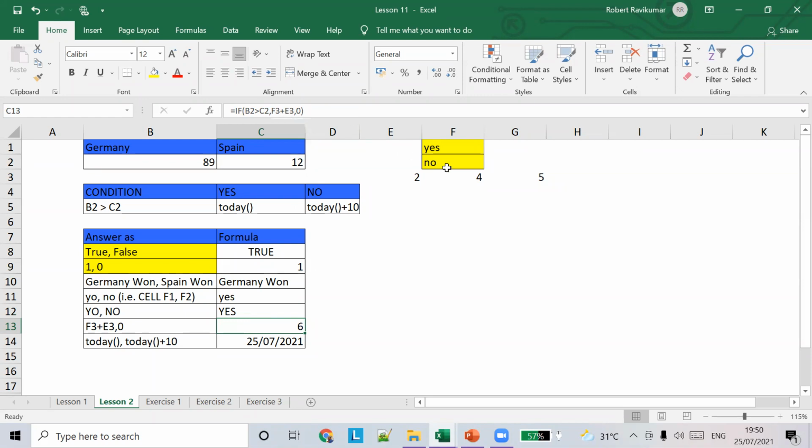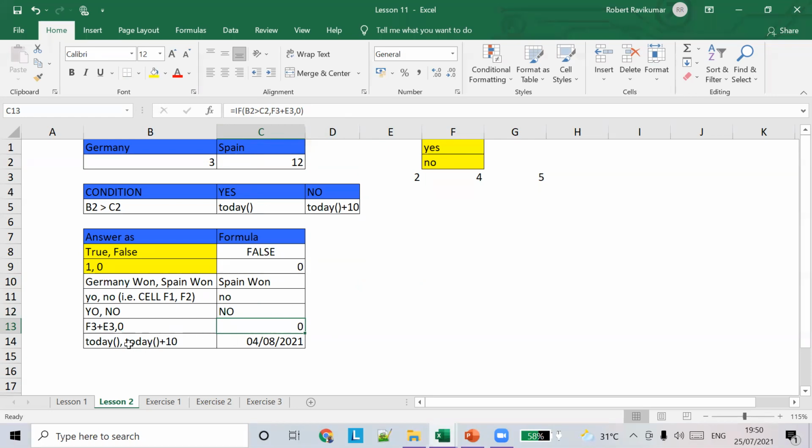F3 is here, E3 is here, so it results in 6. If Germany wins, it's F3 plus E3. Some formula they have written here, and the answer is 0. If Germany loses, scoring only 3, it is 0 here. If you see the formula here, they're adding these two cells if the condition is true. If it's false, they are returning 0.